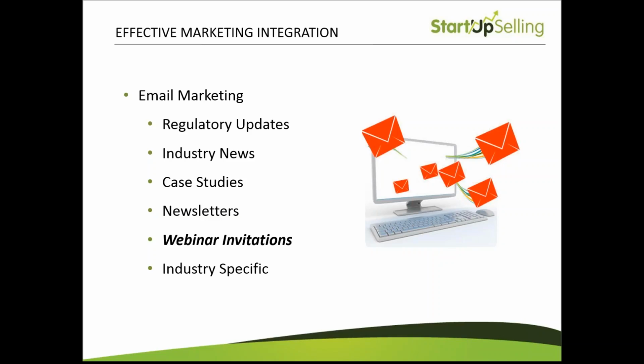And be industry specific or verticalize whenever possible. Nearly all the examples I rattled off mentioned an industry of some kind. So whenever you can be specific, do it. If you're sending out a newsletter and you want to have an article for the contractors that are your primary vertical and an article for the manufacturers, which are your secondary vertical, do that. Whenever you can dial in directly to one of your industry niches, let those people know that you have expertise